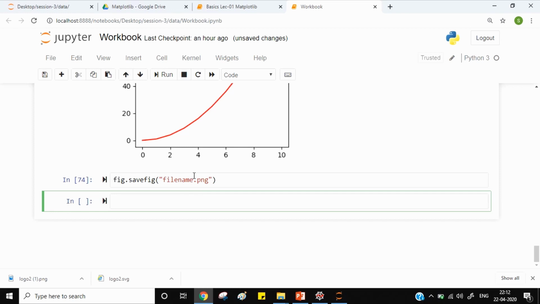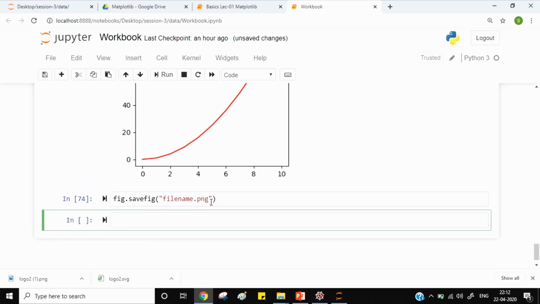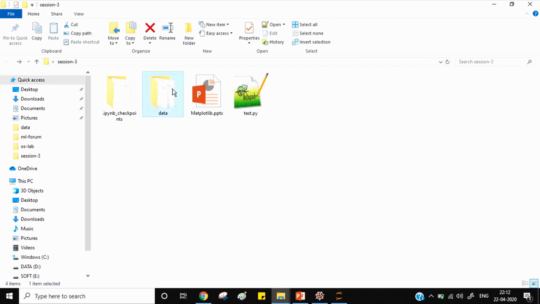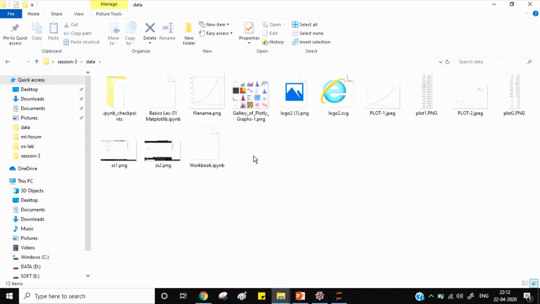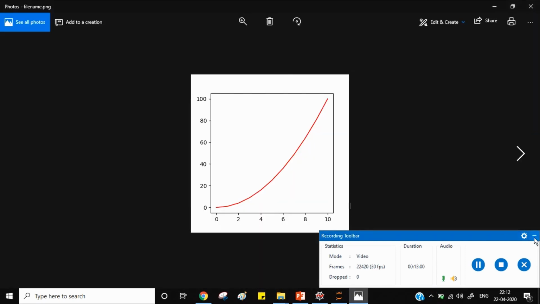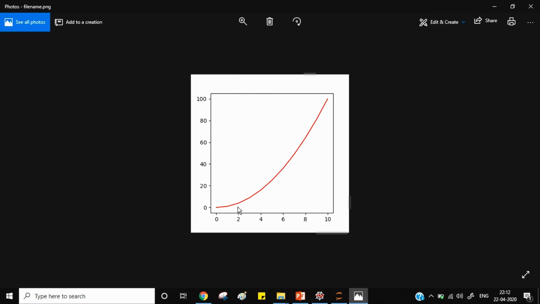This will get saved in the working directory. So this is the graph which we saved a couple of seconds before.